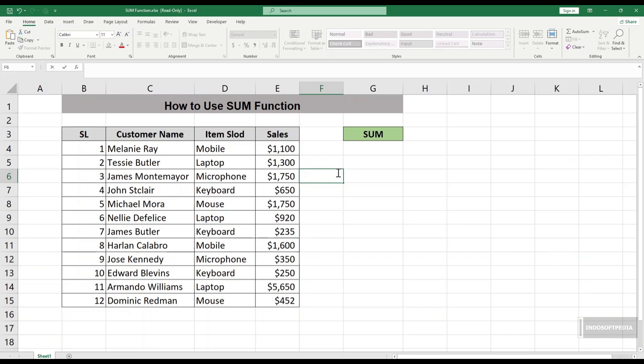So alright, let's jump right into Excel, and I have a simple spreadsheet open here, and you can follow along with your own spreadsheet or use the one provided in the video description. Okay,